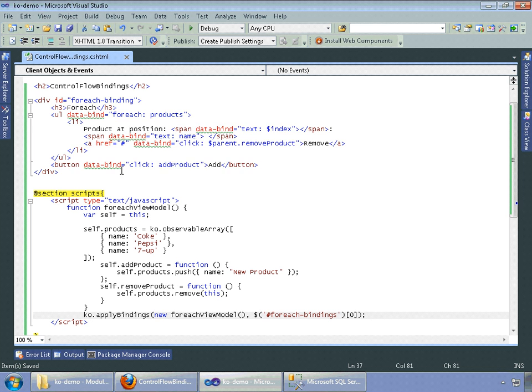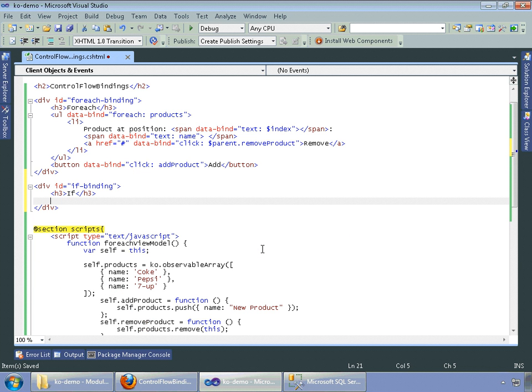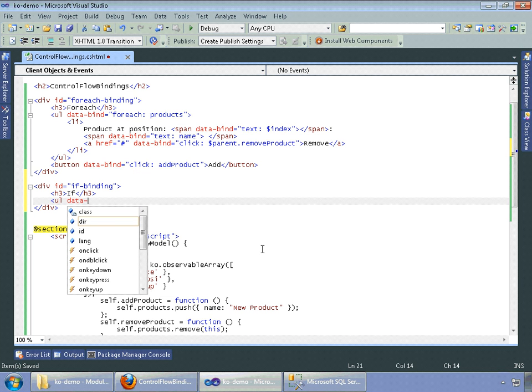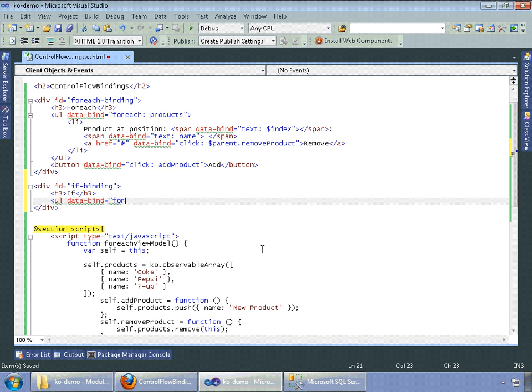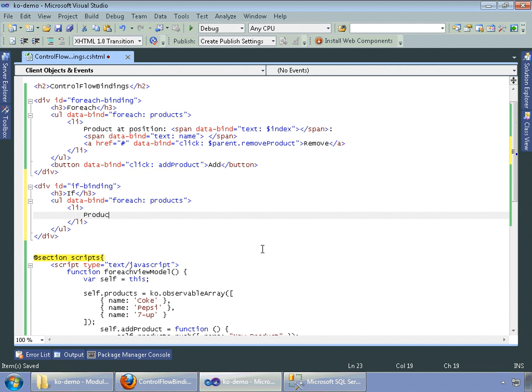Back in our control flow bindings view, let's go ahead and copy the previous section that we used for foreach, paste it, rename the ID to if-binding, name the title if, and go ahead and delete all of the HTML code that's there, and type UL, data-bind, foreach products, do an LI, product, B, data-bind equals text, name,